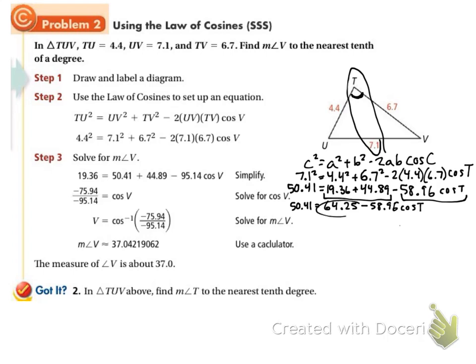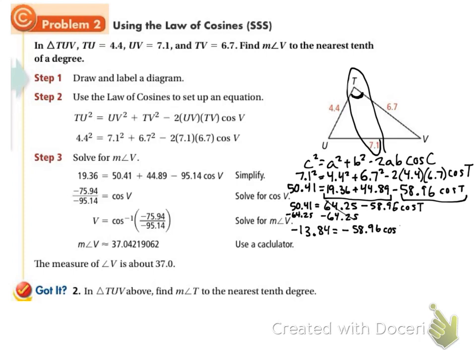So at some point I need to get rid of this 64, and at some point I need to get rid of this 58. The first one that I need to get rid of is the 64.25. So I'm going to subtract 64.25 from both sides. So 50.41 minus 64.25 gives me a negative 13.84. This canceled out, so I'm left with a negative